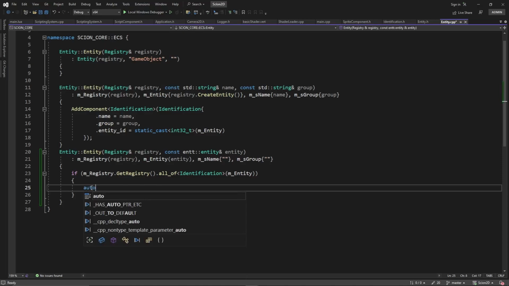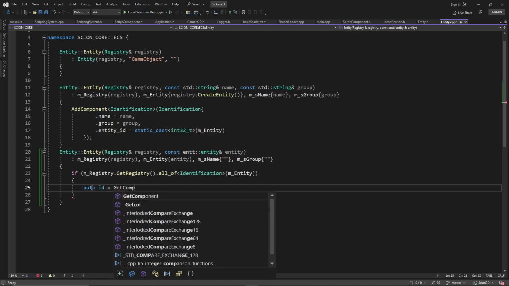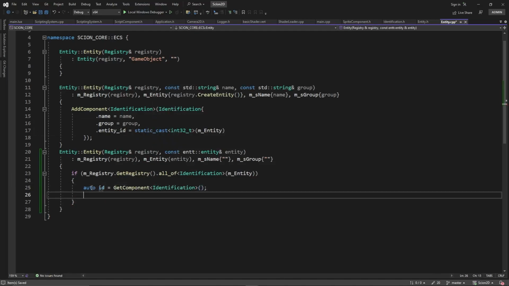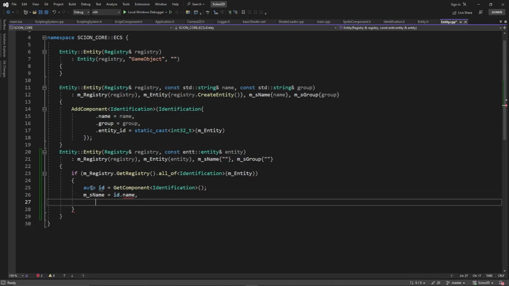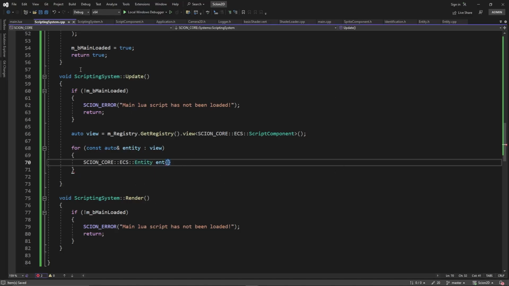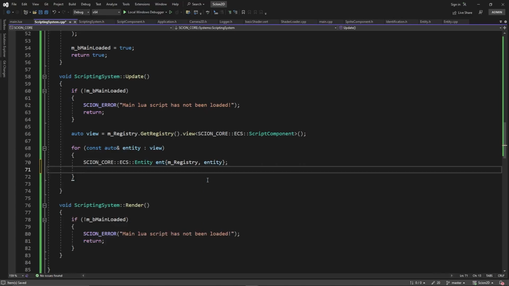So we want to go auto ID is equal to get component identification. Then we have to set m as name equal to ID dot name, and then m as group is equal to ID dot group. Okay, so now that we have that, we can go back to our scripting system and create our entity. So we go send in the registry and the entity,